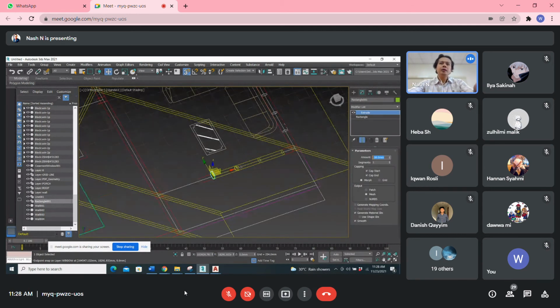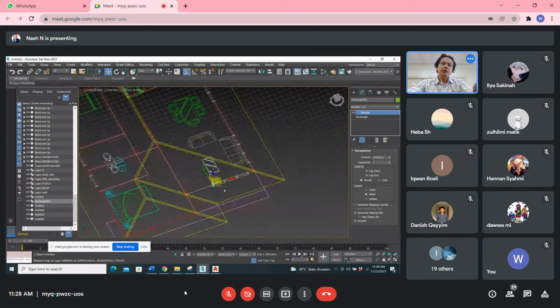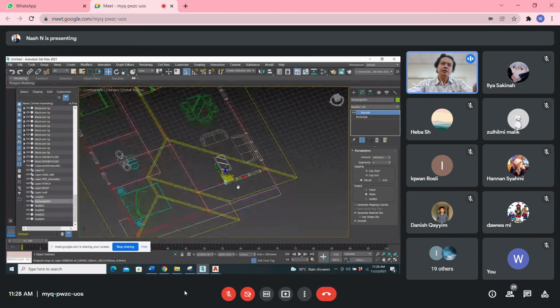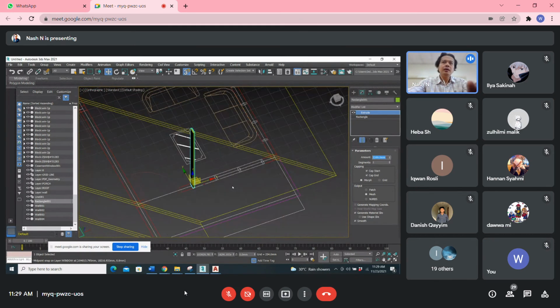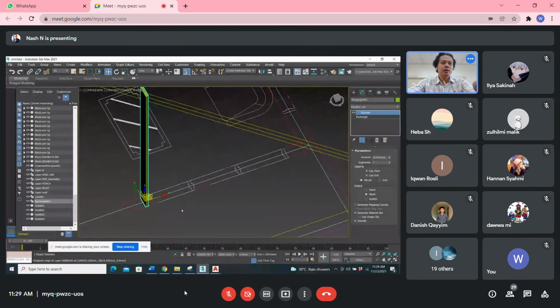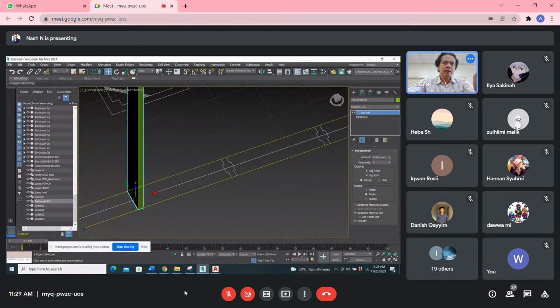What is this, a window, right? Or maybe this, yeah, this is the window. Is this one a window or a sliding door? Okay, I assume that is a sliding door, maybe. So the height of the sliding door is 7 feet. Okay, then what I do, I just copy. Okay, I escape. I turn on the snap, and then I press the move button.